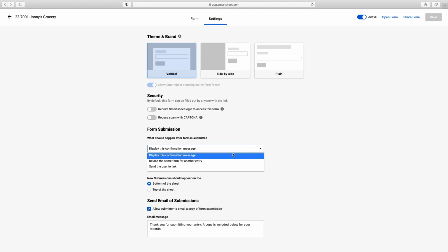You can have it to where it takes them to a link, or it just reloads for another entry. Reloading for another entry is really nice. Like say you're using a form for inventory, right? You just scan in an item and you're filling in the data for that. If you choose this option, as soon as they're done submitting that, a brand new form will appear. And it just makes it really fast for them. But we're going to leave it as is. Display this confirmation message. It says success. We'll change to say